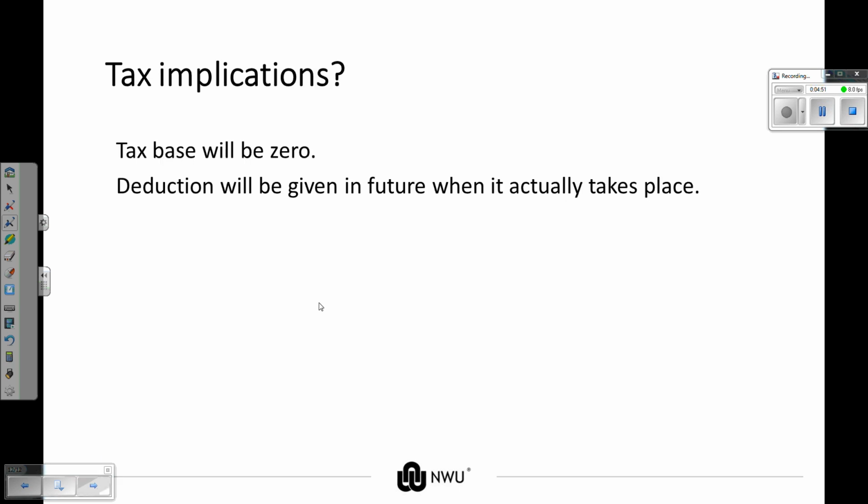Important here, my tax base for this provision will be 0, as deductions will only be given in the future when it actually takes place. So if I use my tax base of a liability, carrying amount less my future tax deductions, it will, for example, be 100 less. In future, you will get the 100 as a deduction, so 100 less 100 will actually then be 0. IFRIC 1, very important that you work through the theory, work through your standard,